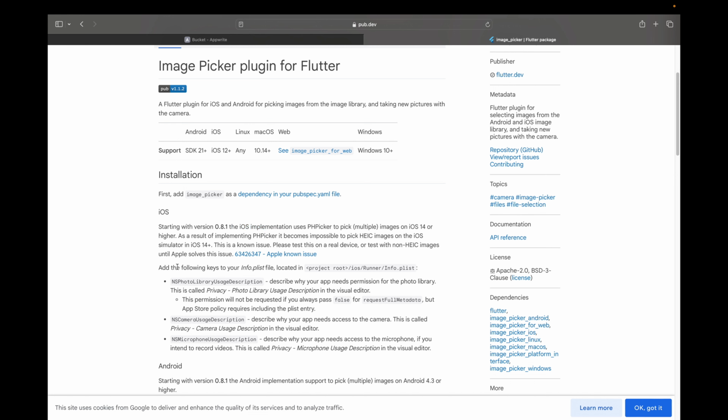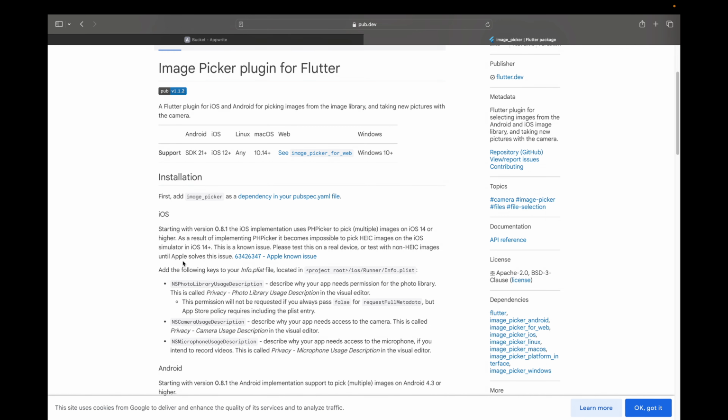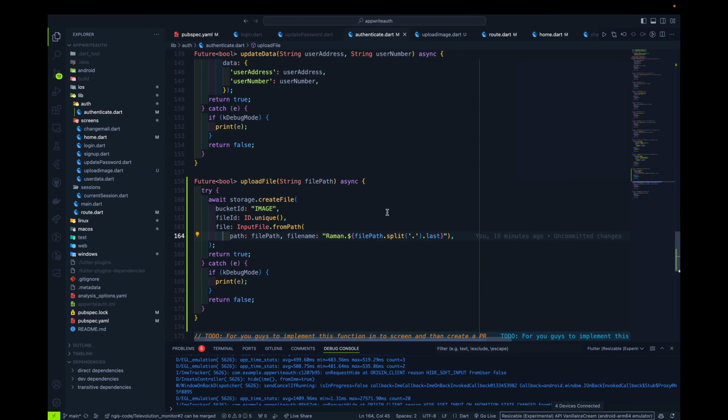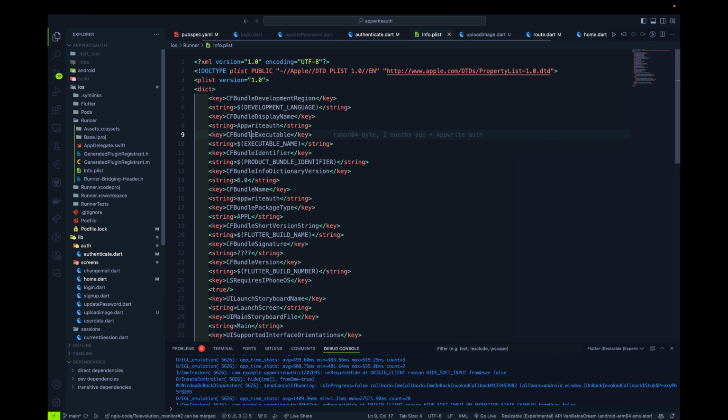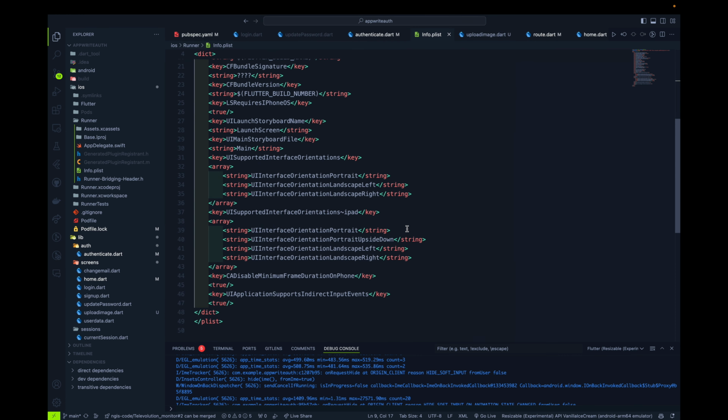You have to add the following key to the Info.plist file to access the gallery. Let me show you how to do that. Just go right here, ios/Runner, and here